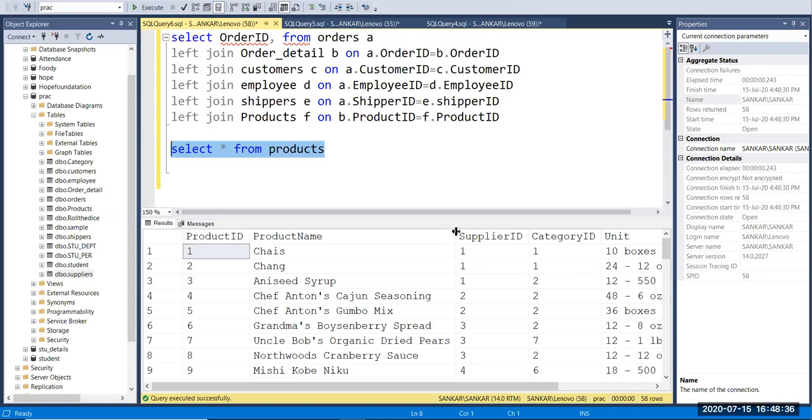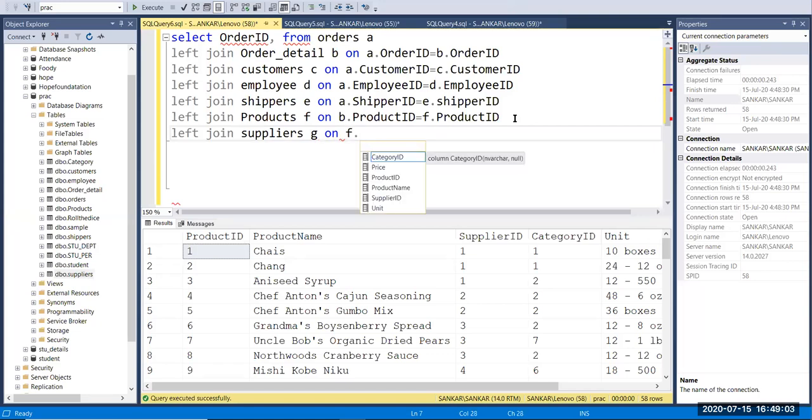So you can use the product table to connect these two tables, the supplier table and category table also. Okay, so now you can give left join, done. So left join suppliers G on F dot, because F is the product table, right? So supplier ID is in the product table. That's why I'm giving F dot. Okay, so now you can see here supplier ID, right?